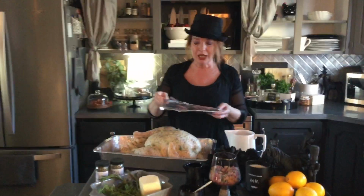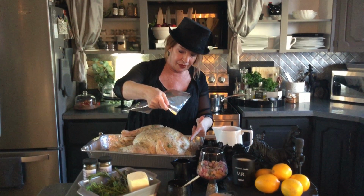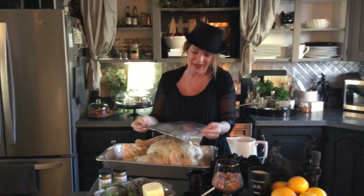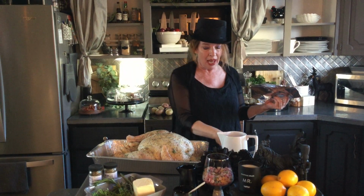So what you want to do is you then take it out of the oven, and the whitest part will go more towards the legs. Put the pointy part down and kind of press it in, because you don't want this overcooked and too browned. This is your best way. So when you start seeing this browning, take the temperature, then put this on, continue the cook time,